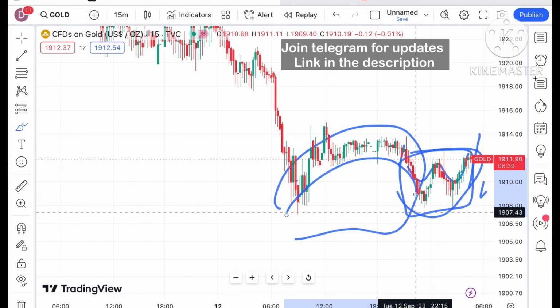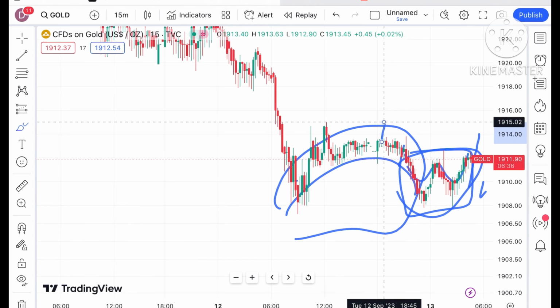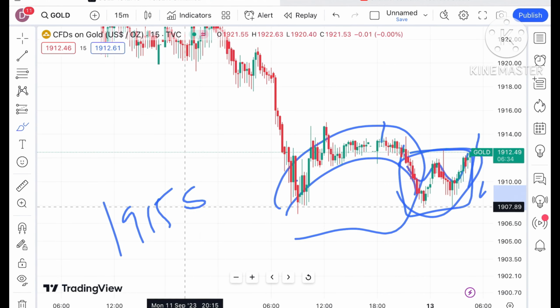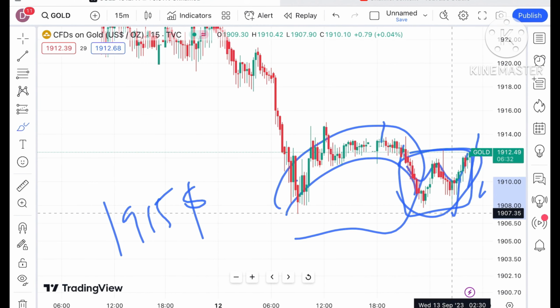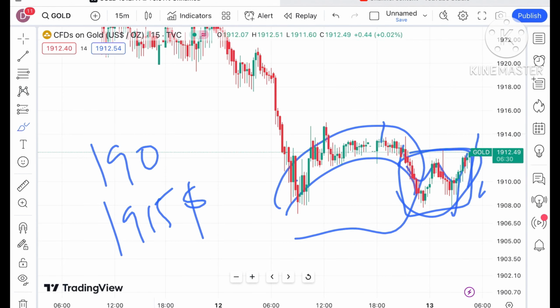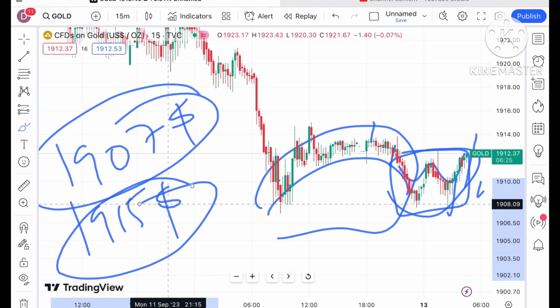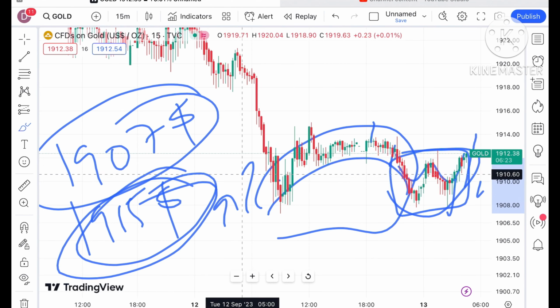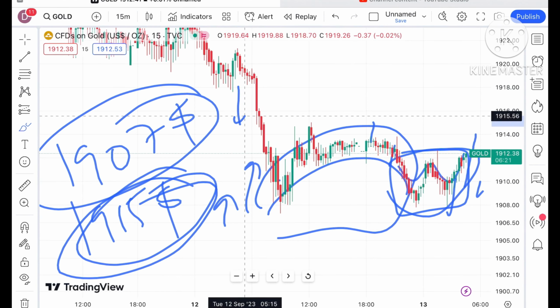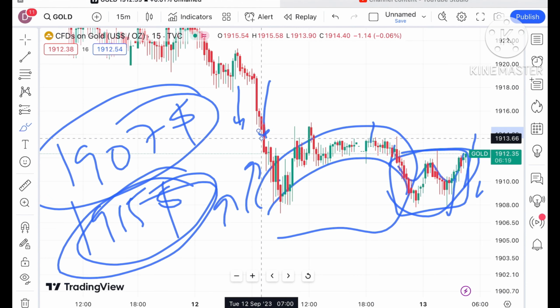Okay, and you can see that the high of that range is around $1915, and the low of around 1907. So you have to understand, looking at this chart, that if the price comes close to a level of 1915, a further upside movement we can see, or if it moves below a level of 1907, a further